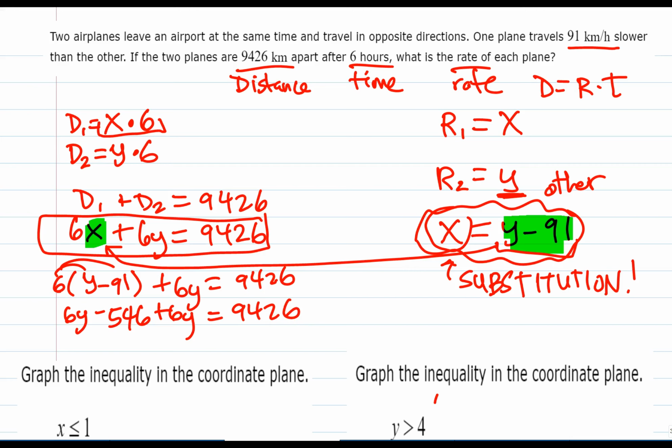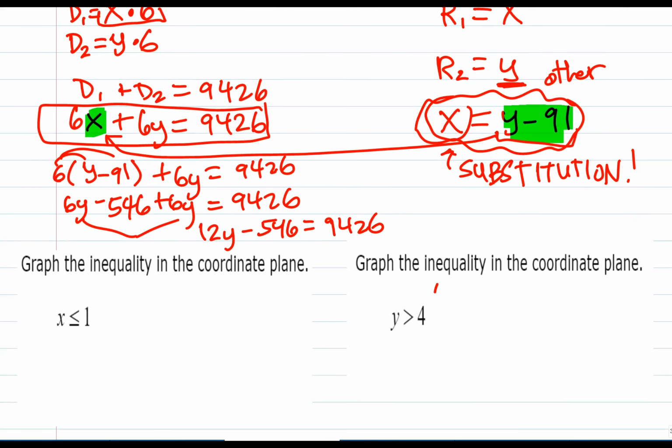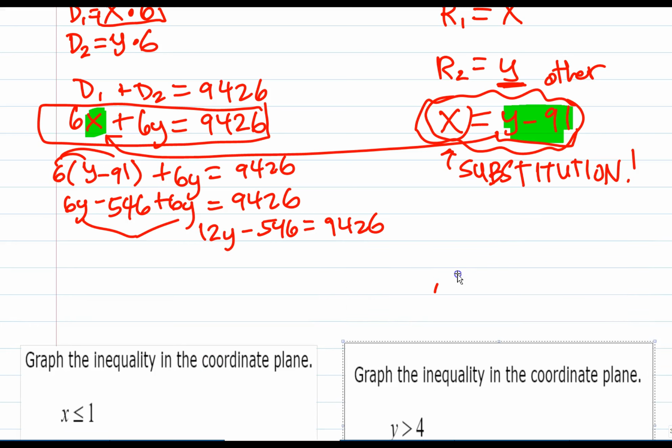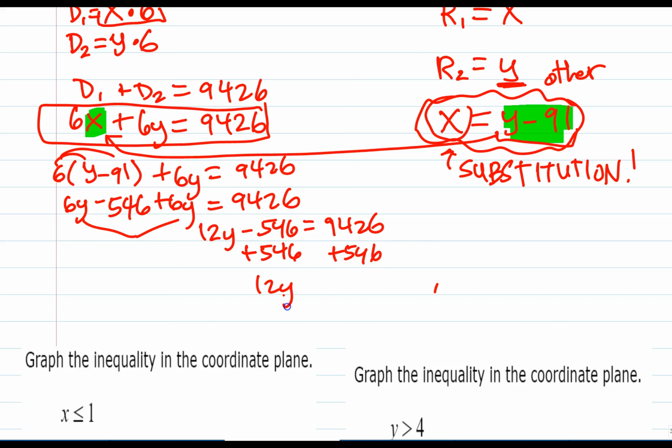Can you solve this? Combining like terms, what is 6y plus 6y? Minus 546 is equal to 9426. We now have a two-step equation. I'm going to scoot this stuff down. Sorry about that. A little more space. Okay. Two-step equation. How would you solve this? I wouldn't subtract if it's minus, right? To undo the minus, we add. 12y is equal to